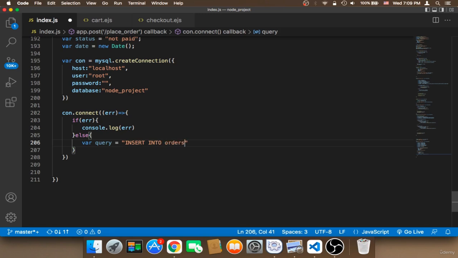And then what we want to insert is the cost, the name, the email, the status, the city, the address, the phone, and the date, and then values